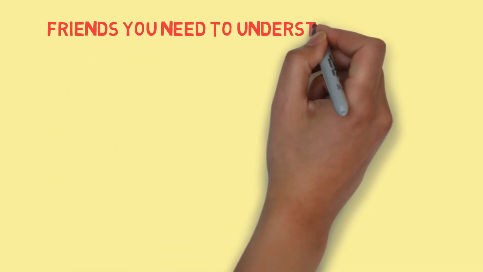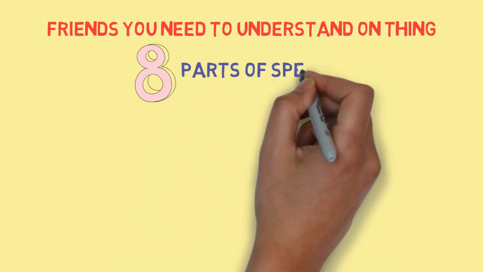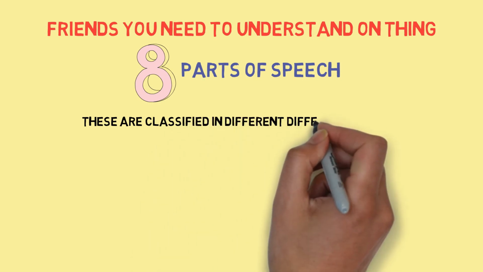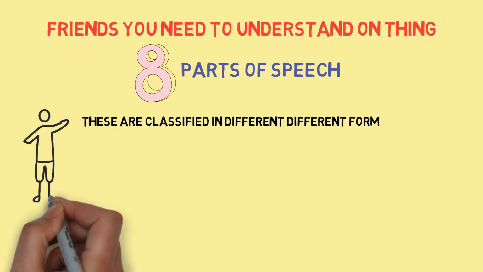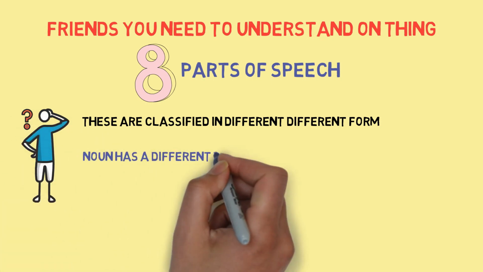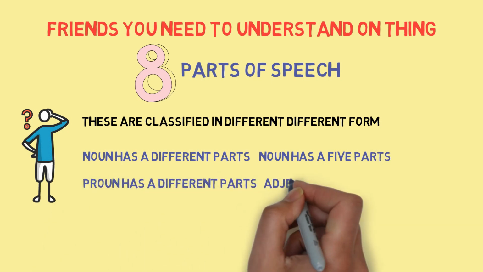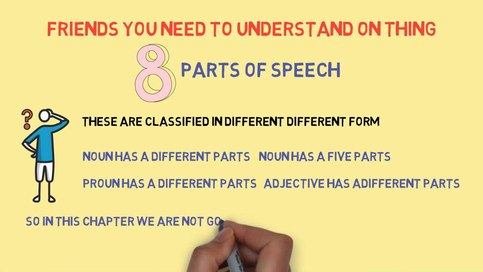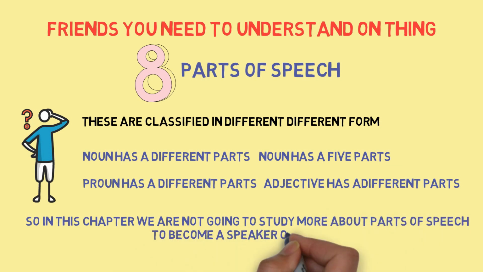Friends, you need to understand one thing. These 8 parts of speech are classified in different forms. If you go into the depth of parts of speech, then a noun has 5 parts, pronoun has different parts, adjective has different parts. So in this chapter, we are not going to study more about parts of speech. To become a speaker of English,